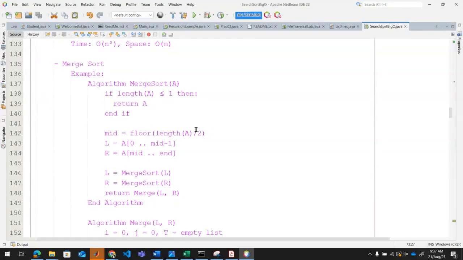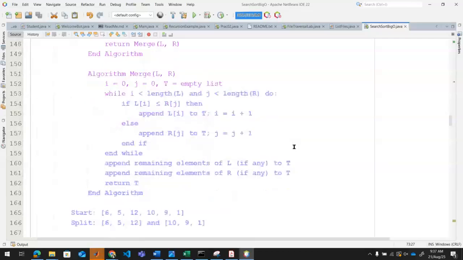So what does this line remind us of? Yes, it's a recursive call. It's calling itself to perform the operation for L and for R, to keep doing this same operation over and over until it gets to lower components. Then we end it. So this is the first part of the merge sort that deals with those sub-arrays. And the next one underneath there,